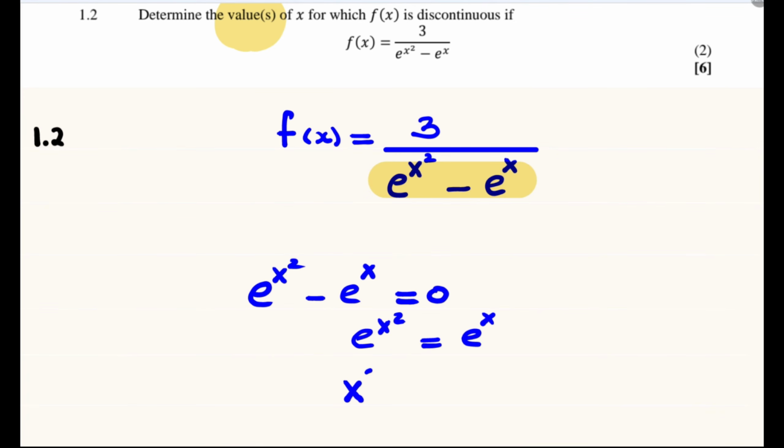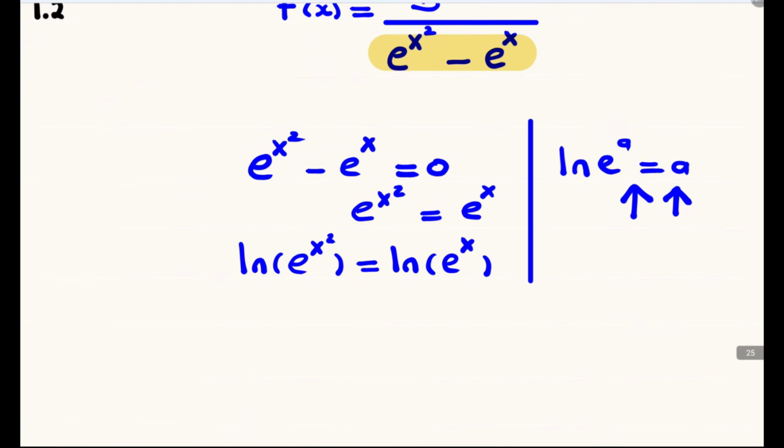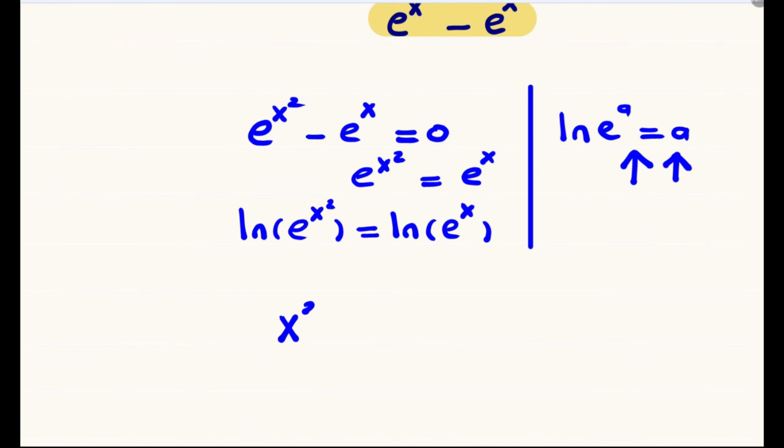So we have x squared equal x, or rather we can use the logarithmic law, which states that the ln of e raised to the power a is equal to a. We can introduce ln on both sides. So we have the ln of e raised to the power x squared. What we do on the left, we do on the right. So even on the right, we have the ln of e raised to the power x. And this, according to that law, will still be equal to x squared